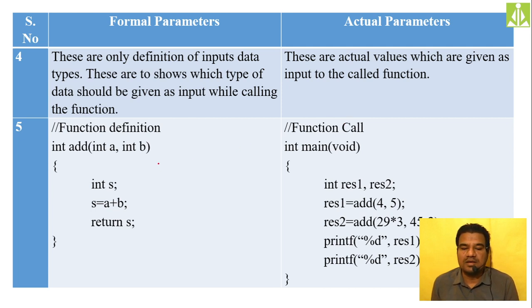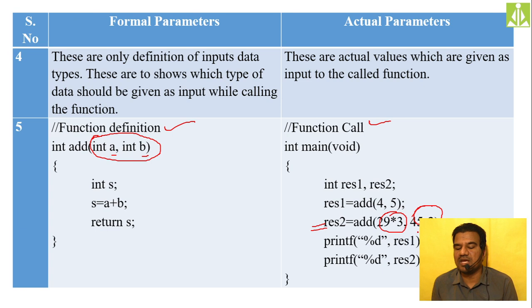Inside the function definition, here a and b are nothing but your formal parameters. Inside the function call, as you can see over here, this is my function call, and I have specified the expressions. This is one, this is another one. The result of the first will be saved inside a, and the result of the second will be saved inside b. And as you can see, I have not specified the types.